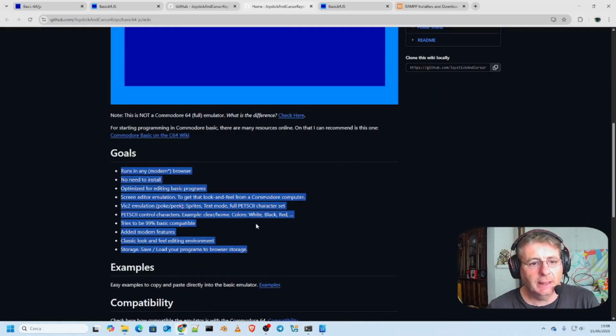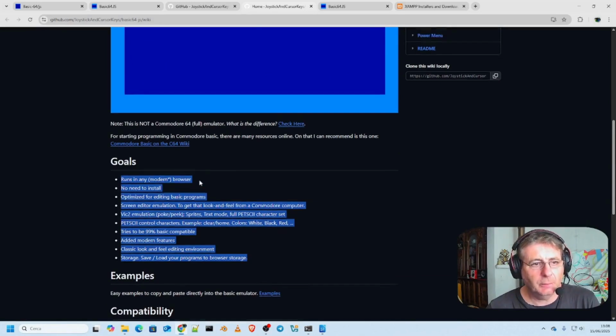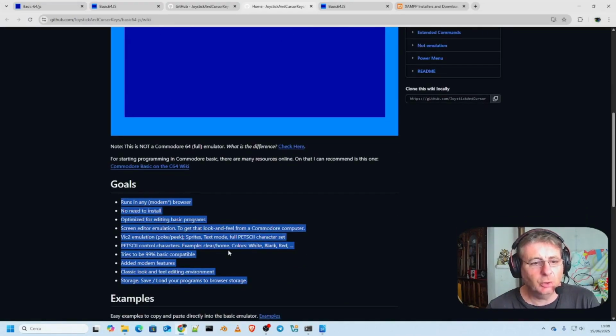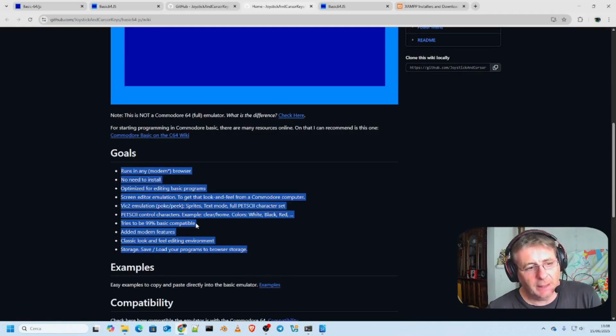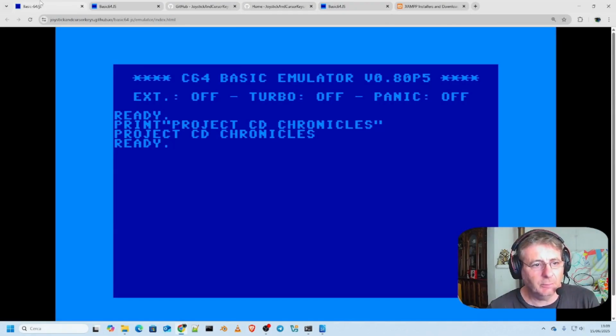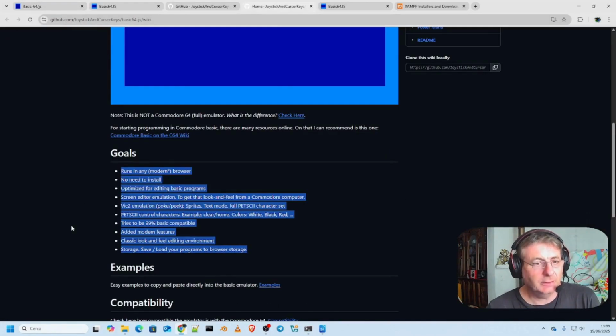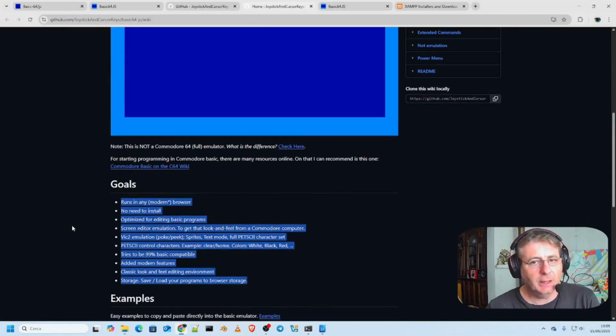By the way, it also emulates the full set of PETSCII characters and, moreover, here you'll also find emulation of PETSCII with control characters. The compatibility is 99% when it comes to BASIC, just to be clear. It adds what are basically modern features, with a classic look and feel, and as for the browser, it gives us about 5 or 6 megabytes, depending on the type of browser, for local storage of our programs using save